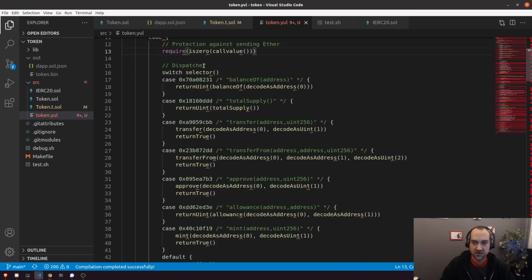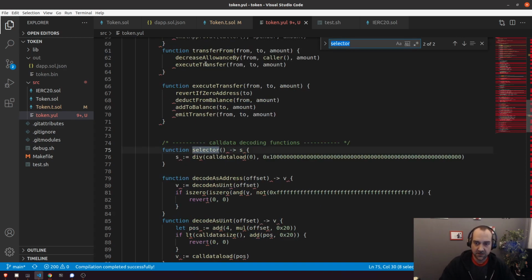And then this is the function dispatcher, which I discussed a couple of episodes back. Switch on selector. So selector is most likely a function here. It is a function that returns an s. And what does it do? It just grabs calldataload 0. This is probably the first 32 bytes. And it divides by this. So what? It's gonna get the